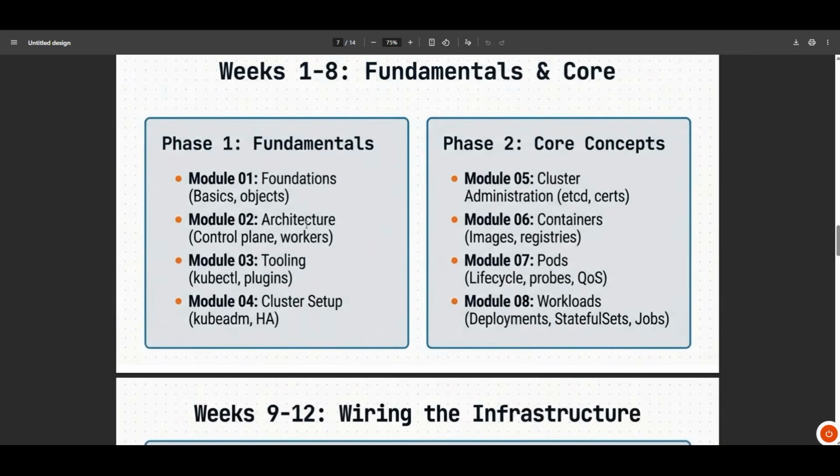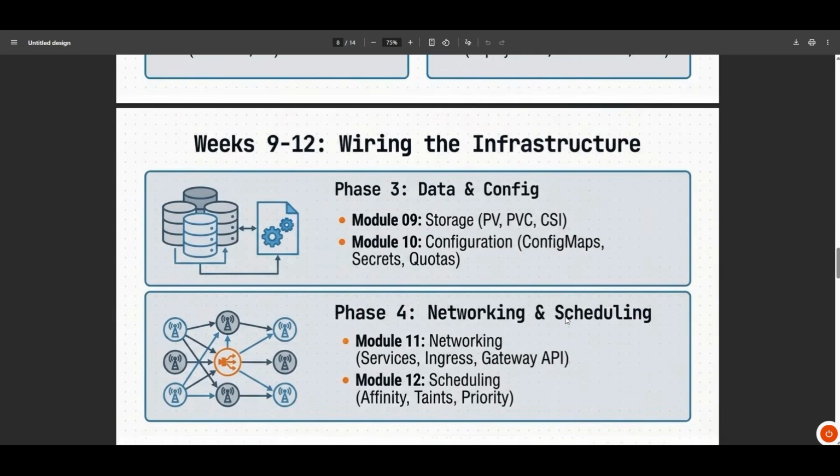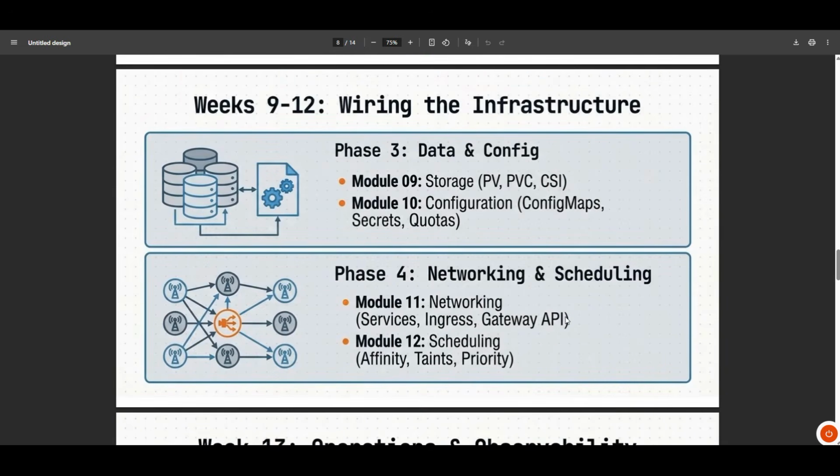We are going with the fundamentals first, then we'll talk about architecture, kubectl plugins, kubeadm, high availability, then administration, like how you manage your cluster, then images and registries with respect to containers, then pods, life cycles, probes, QoS, then workloads like deployments, stateful sets, jobs, then data and config, where storage is very important.